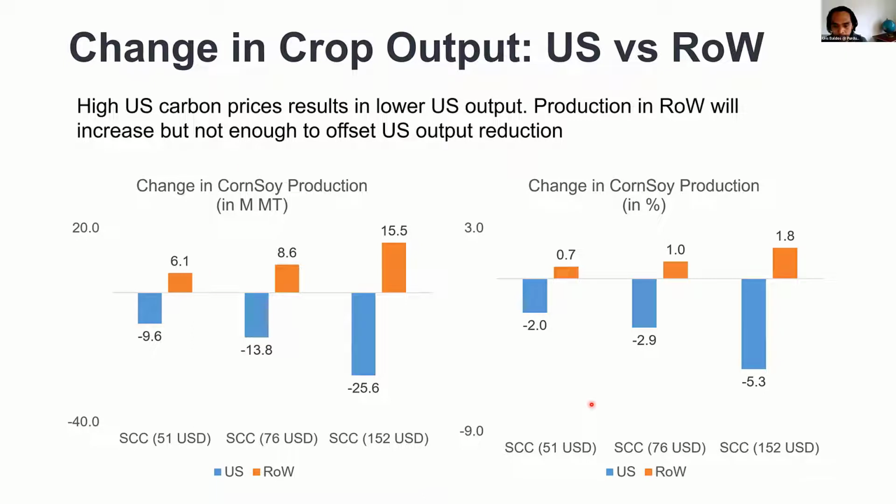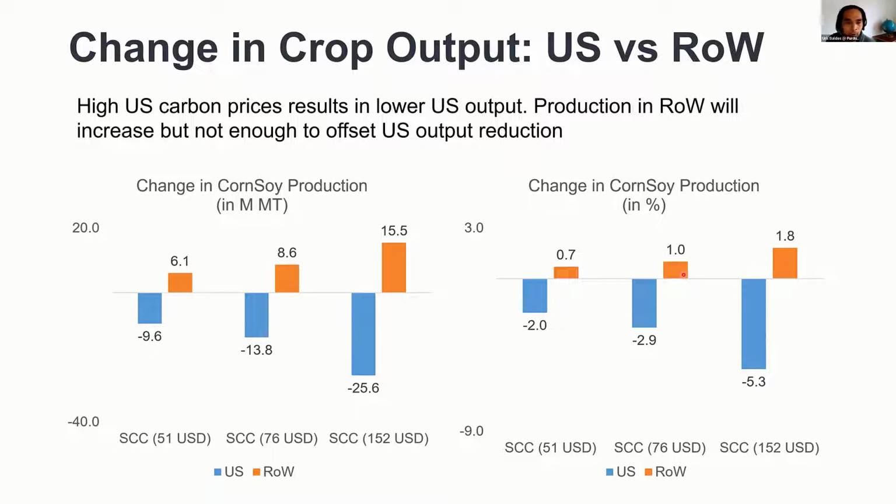at output. As you can see here, if we look at the percentage change in corn soy production, as you increase the social cost of carbon from $51 up to $152, you see a decline in corn soy production, which makes sense because higher carbon prices would push up the cost of producing corn soy output in the US, and that would mean farmers would have to reduce